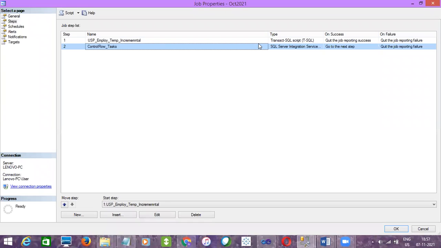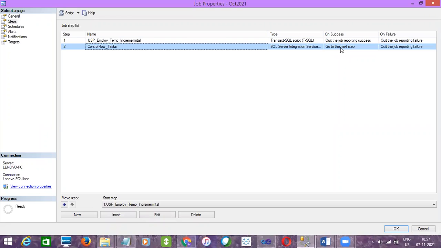On success, for which step, and what do we need to change? Step 2. Step 2 we need to make it as quit the job reporting success.